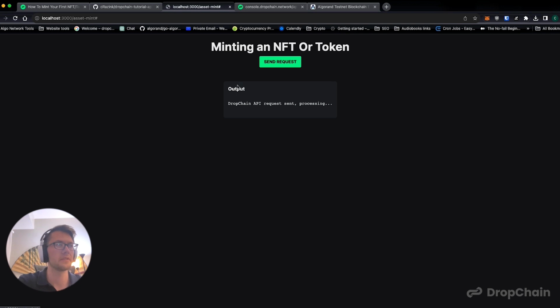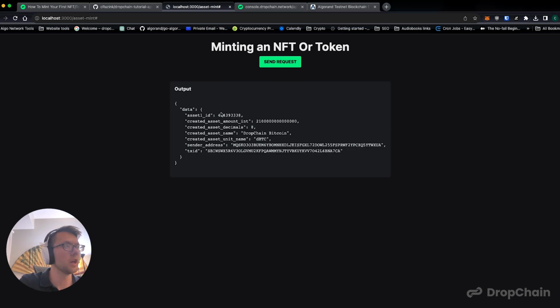Once we save this, this is going to send a request to the DropChain API, and then it's going to execute your asset mint on your behalf. And there we go. We see all of our information. And some information to consider is asset one ID is a unique identifier for your asset. Only this asset we just minted, the asset we just created has the ID